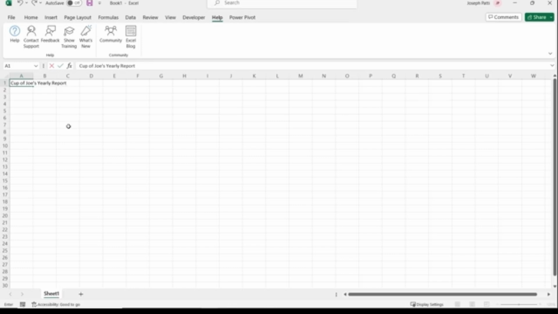All you need to do is simply click on a cell and start typing, and it will enter that information into the cell. So I'm going to type in Cup of Joe's yearly report. Now you don't have to name it Cup of Joe's. You can name it whatever you like when you're following along. But I'll put Cup of Joe's yearly report, just like that. Now you will notice that, yes, this does go over into the B and C columns. We're going to fix that problem in a little bit. But for now, let's just leave it alone, and let's go to our next cell, which is going to be